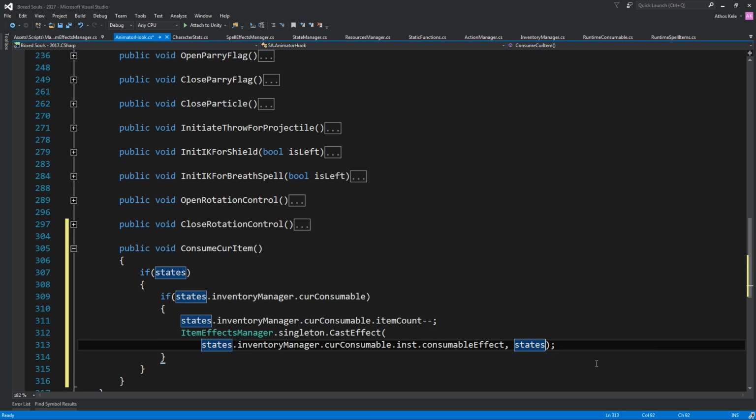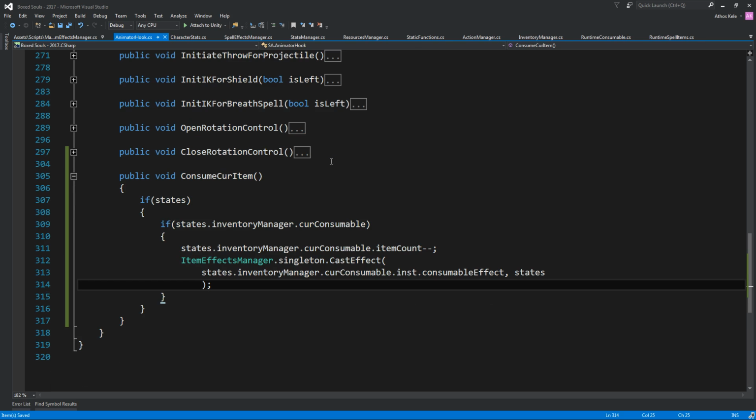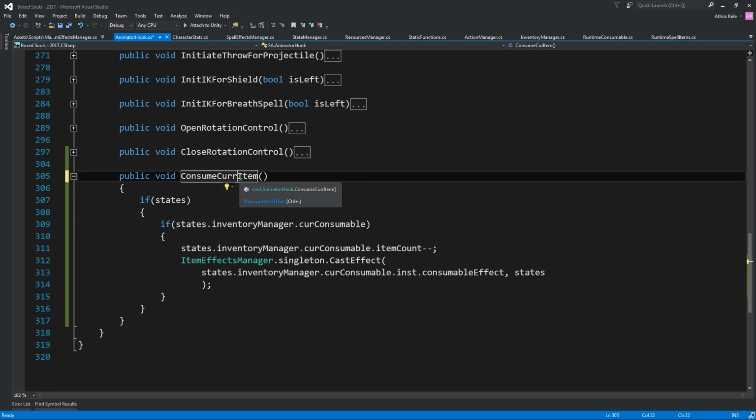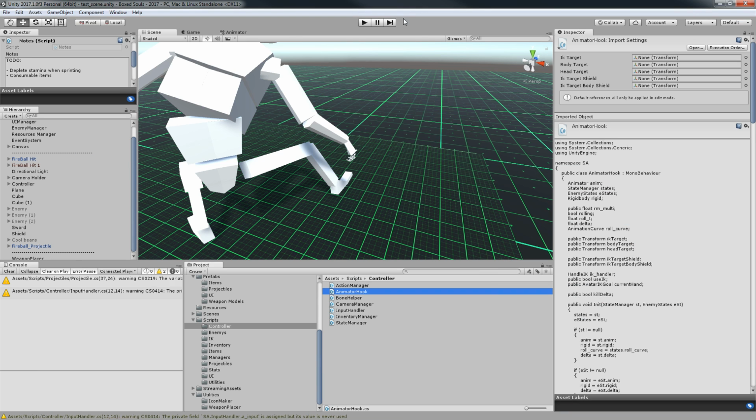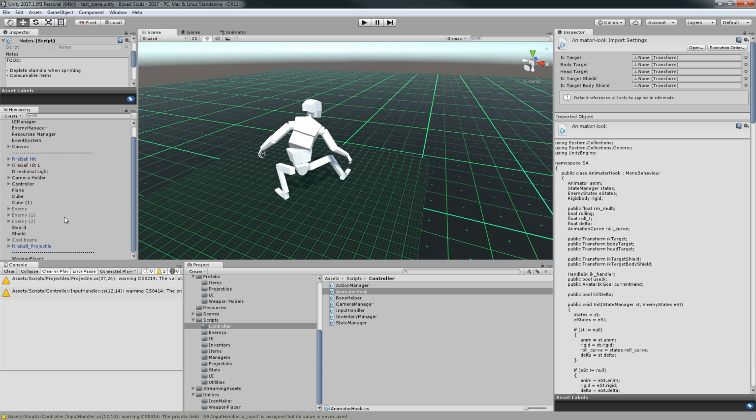Okay, that's how it is. Simple. Now we need to assign this. Let's call this current item, and we're going to call this with an animator event. So again, it can make it so that we have